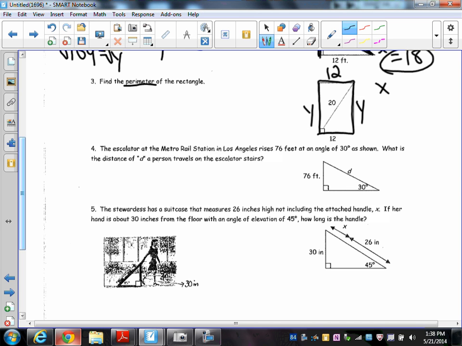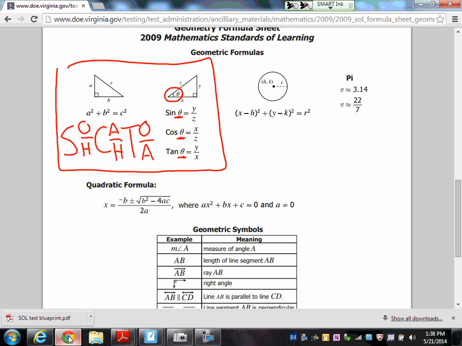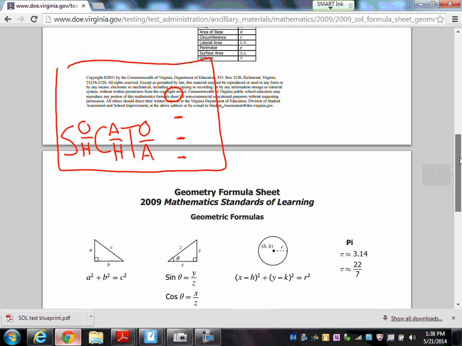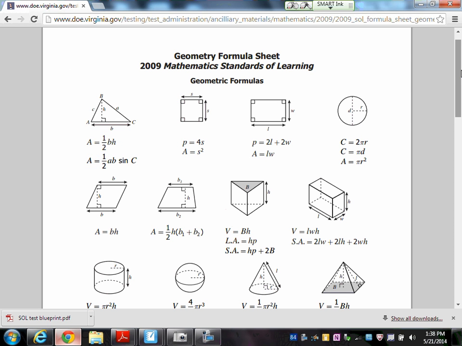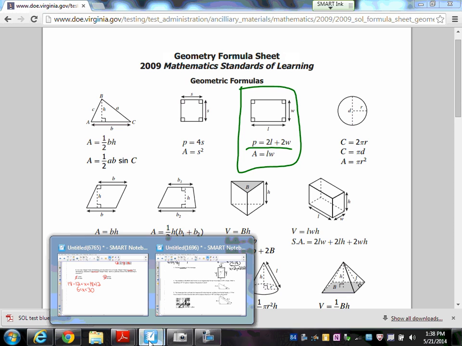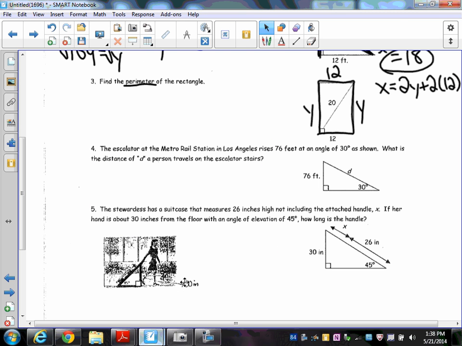So my final answer, which I'll call x, is going to be 2y plus 2 times 12. I got this formula. You should know it just from doing so many other things, but I got it from the front page right here. Perimeter is 2L plus 2W. So whenever I solve for